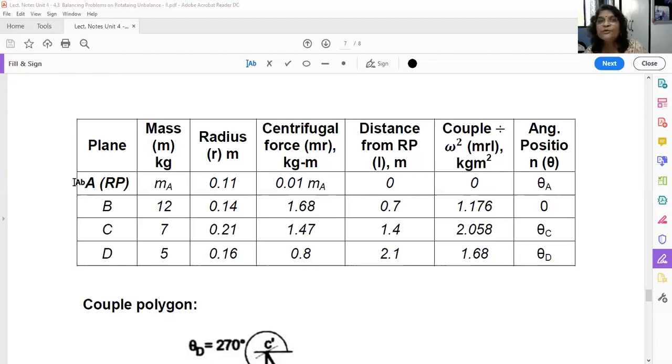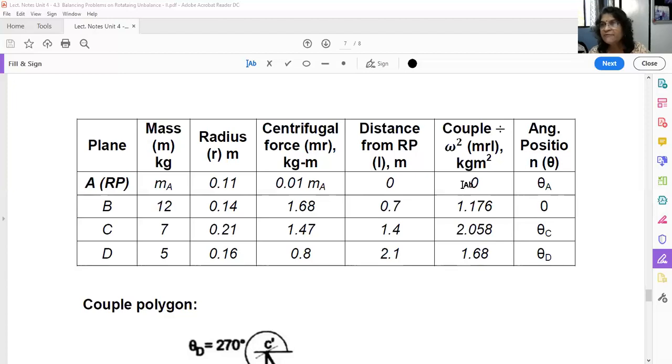So what you have to do? You have to draw the reference plane at one unknown. This MA is unknown, no? So it will be eliminated. So for the remaining 3, you can draw the triangle. Even if you don't know the direction, you can draw the triangle because one side is completely known in magnitude and direction. Okay, so take the reference plane at A.